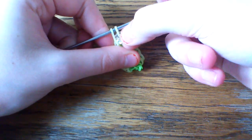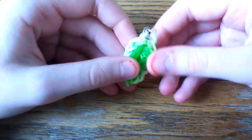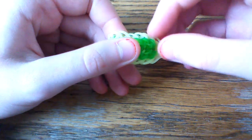Or try to, at least. It's not really working for me. Alright, so this is what it should look like. It'll obviously look a lot neater once you've done a full length, but anyway, what we're going to go ahead and do now is